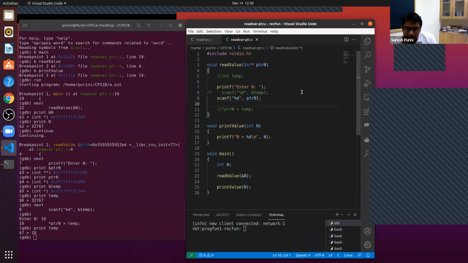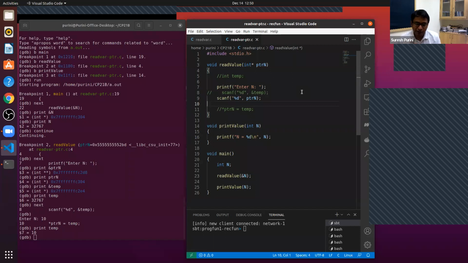It should work, right? Because we are passing the scanf function the address of the memory location where it should be storing the integer value. How many of you think it should work, or not work rather?